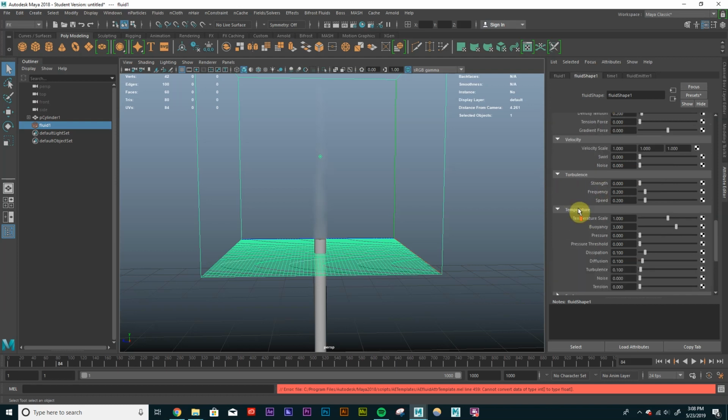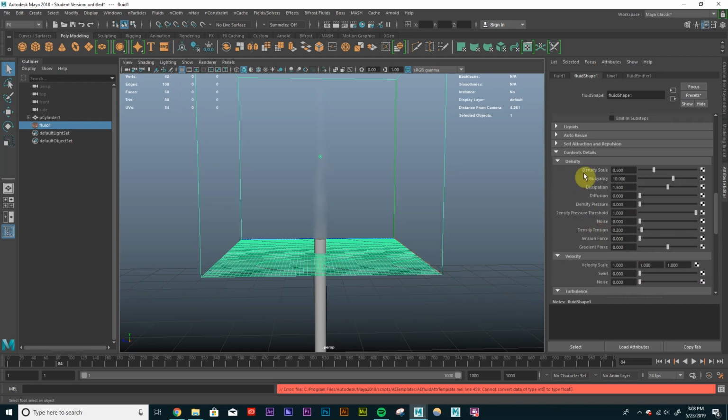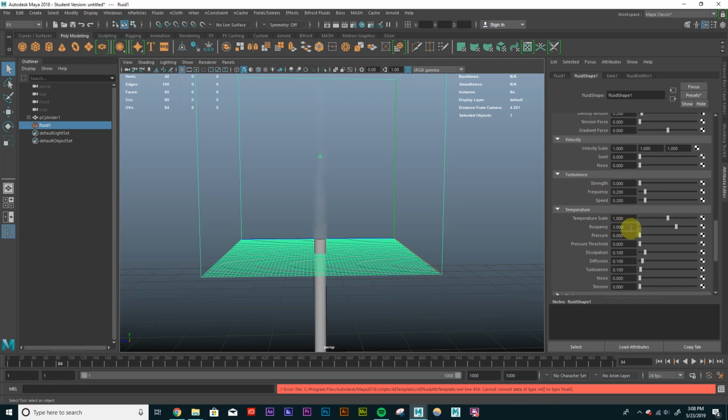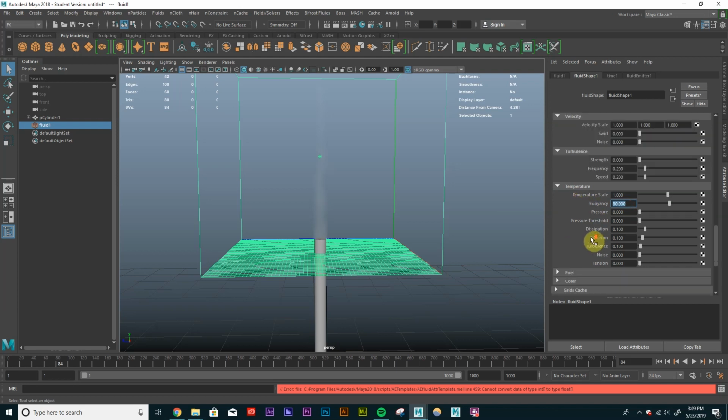So we already added buoyancy and tension into our density tab here. I'm just going to add some more into the temperature. So temperature can get a much higher buoyancy value. So I'm going to boost this to like 70 or 80 even. So that's a high number. Don't really want it to